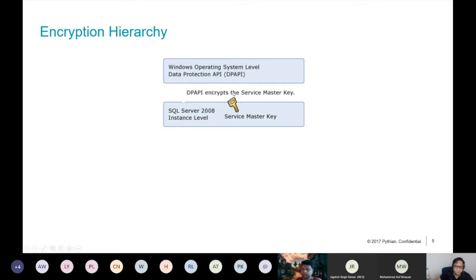The service master key is created when you install SQL Server. When you do the installation, the service master key gets created and saved on the SQL Server binaries. So the DPAPI encrypts the service master key, and then after that,